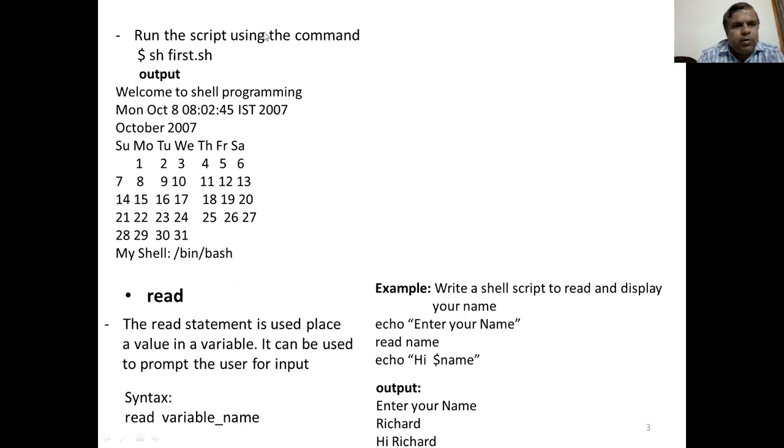So that is how you run the script. Okay, so you have to run the script using the command. Go to the prompt, sh followed by first.sh. Okay, so this is the output of the program.